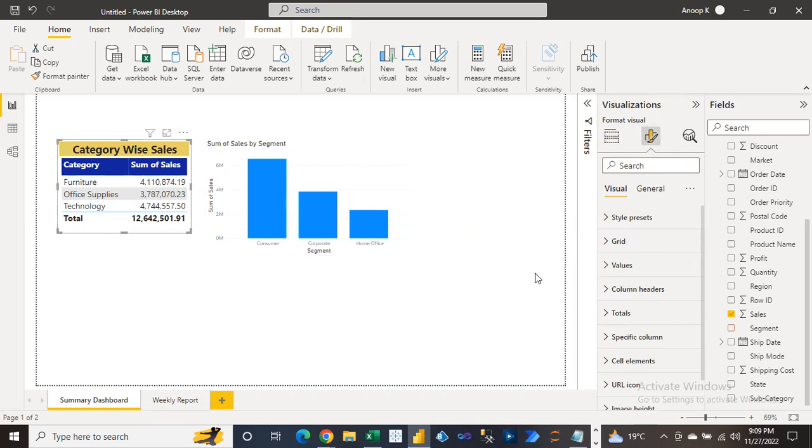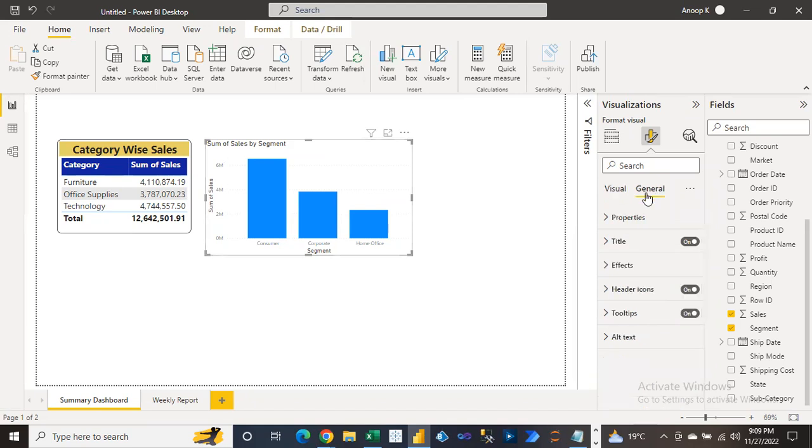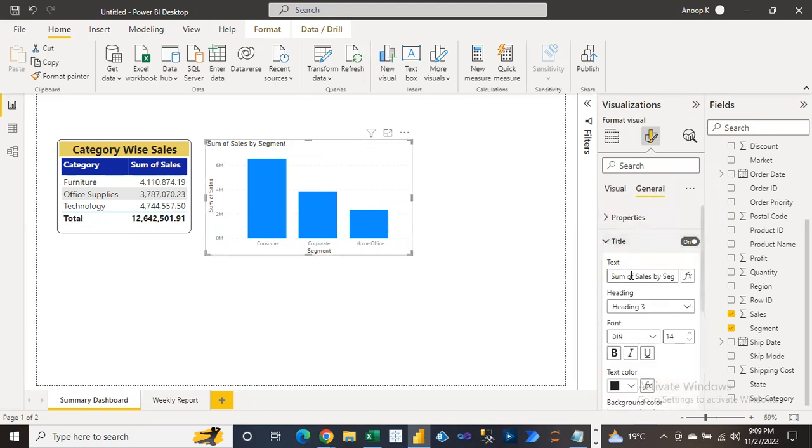If I select the table, you are able to see all the formatting related to your table visualization. If I select the chart, I am able to see all the formatting related to this column visualization. So first of all, we have to change the header on the top. I will click on General, go into Title, and here I can type whatever title I want to write. I say the segment